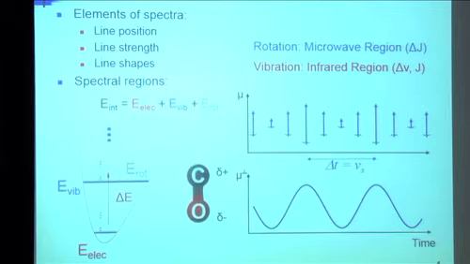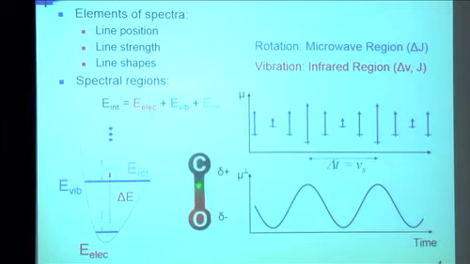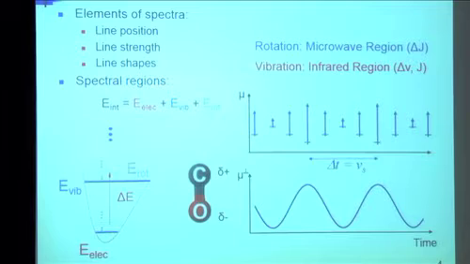So it just sits there and vibrates at a given frequency, because we relate this to the strength of this spring and the reduced mass. And so there's a relationship that we'll get to in a while that explains this frequency. It'll just sit there and vibrate forever unless it has some sort of a collision that changes that. When it does change, it has to change to another specific frequency